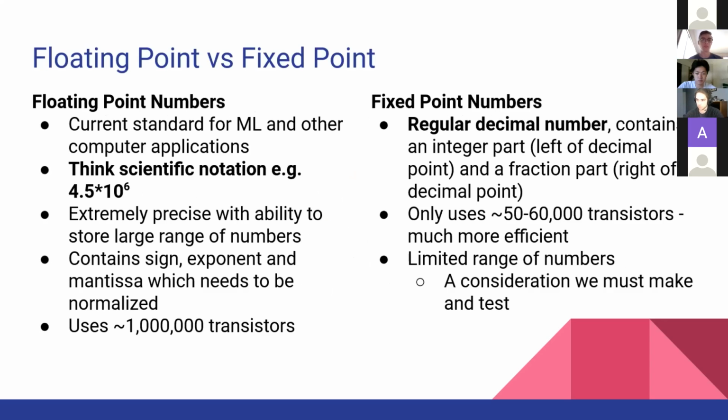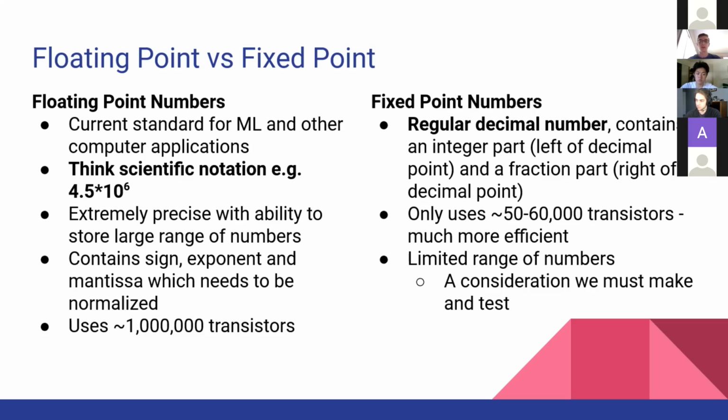So what's the difference between a floating point number and a fixed point number? Floating point numbers are the current standard for machine learning and other computer science applications, and they're stored in a computer similar to scientific notation. So it's extremely precise and it has the ability to store a large range of numbers. It contains a sign bit, which in the 4.5 times 10 to the 6 example above is positive. The exponent section is the 6, and the mantissa is the 4.5. These sections need to be normalized, and that takes up a lot of resources. It uses about 1 million transistors,